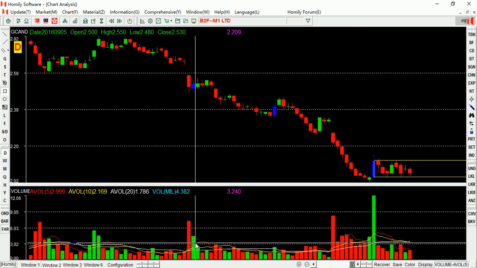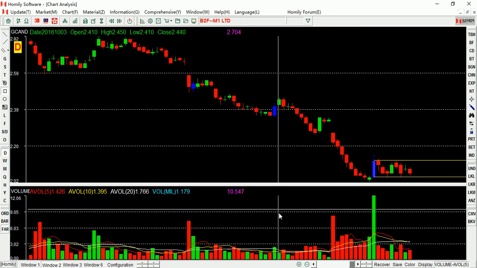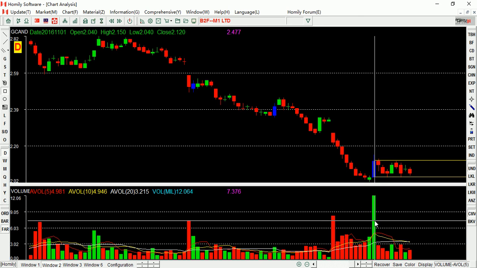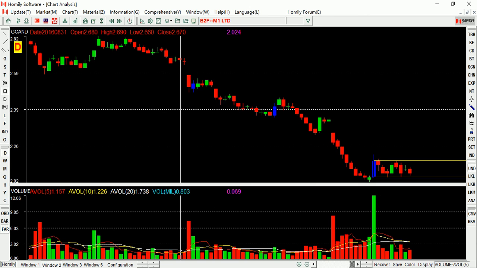Increase or not? No, right? So here, next day, volume good or not? No. But for this one, a blue candlestick appears with big volume. So this one, you can pay attention, right? If you see the price upward breakthrough, it's a good entry point. So now you can put it into your favorites, okay? Then check every day. When it's going up, then you can buy, okay? So this is the method.